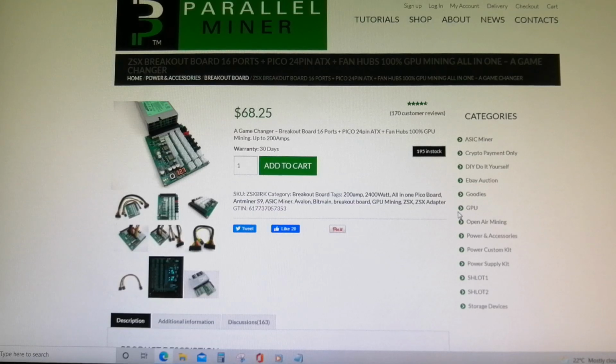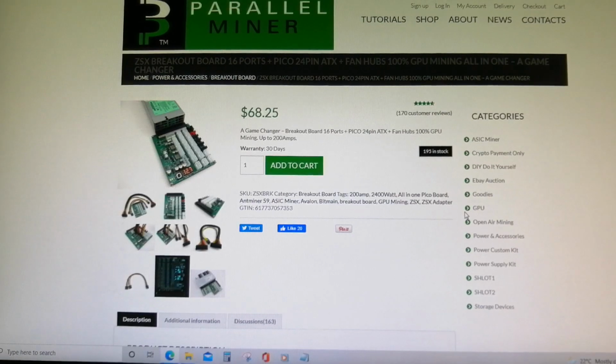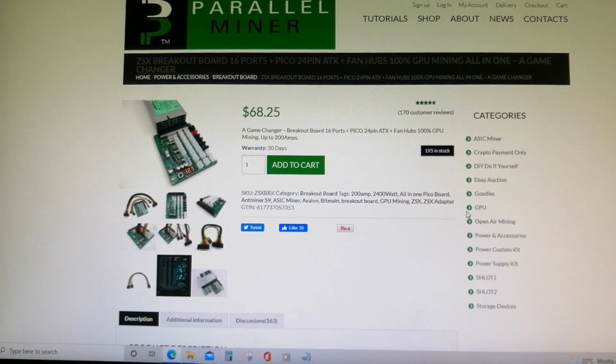Otherwise, you're going to run into different problems, like tripping the breaker or overloading your power supply, and you're going to run into different headaches with your rig, like probably shutting down or stopping mining,